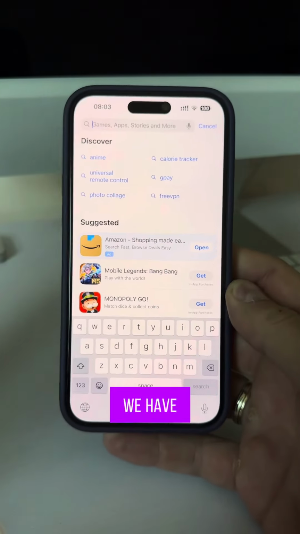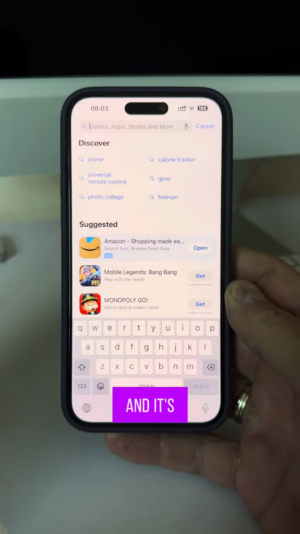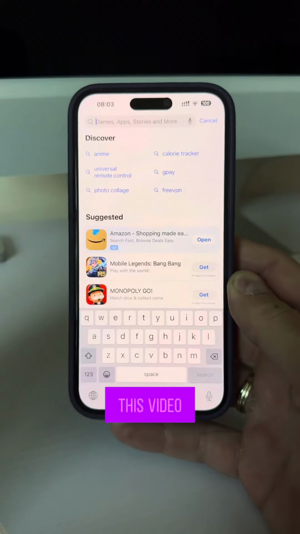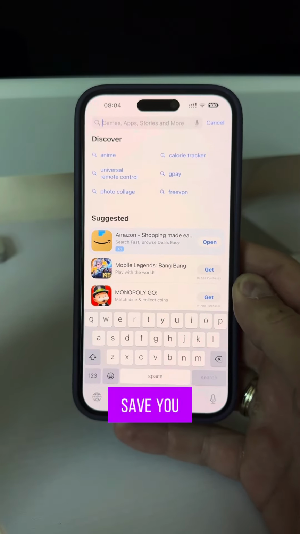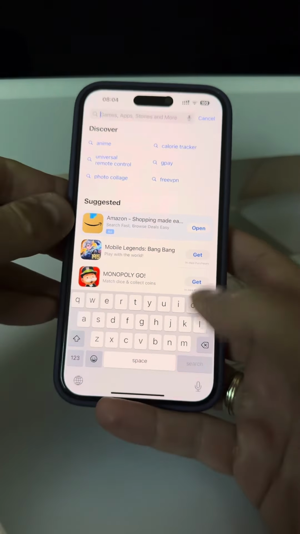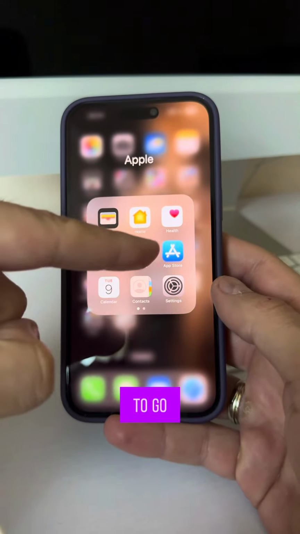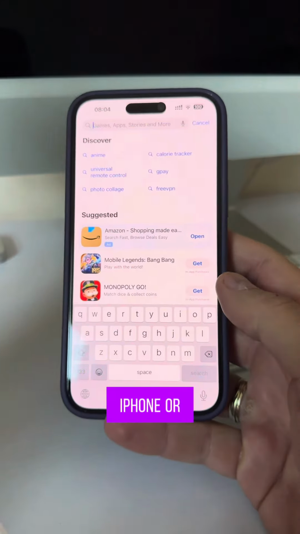So today we have an amazing app and it's pretty expensive. So watch this video because I'm about to save you $150. So what you need to do, you need to go to your app store on your iPhone or iPad and